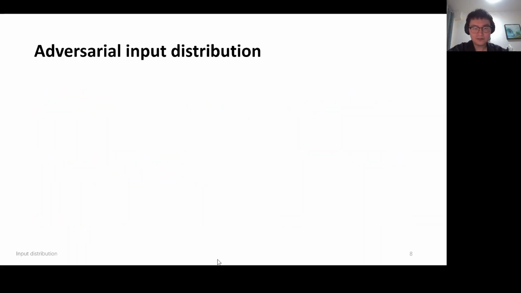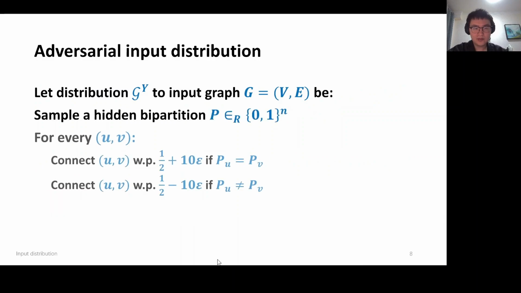So here, to present our proof, we start with the adversarial input distribution. This distribution will be used in both proving result 1 and result 2. We let distribution G_ε, the ES distribution, be the input graph G where we sample a hidden partition P first,